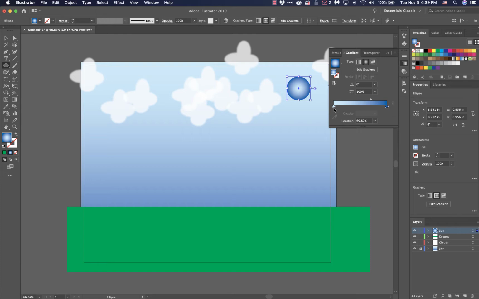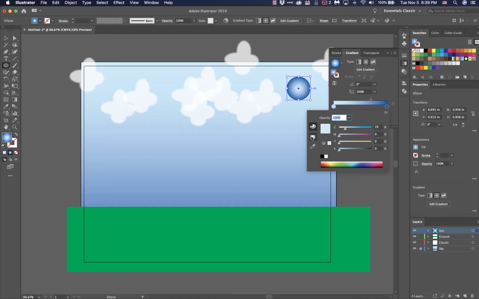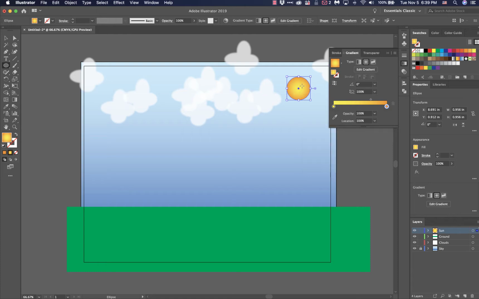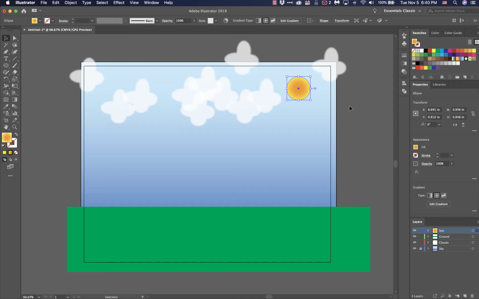And then of course I'm going to change my colors. So double clicking on a lighter blue here, I'm going to change that to yellow. And I'm going to double click on the dark blue and change that to orange. All right. Now if I want to swap the yellow and the orange positions, all I got to do is slide the yellow this way and slide the orange this way, and that automatically swaps the color positions. And of course I can always change the middle slider to expose more orange or less orange, right? So right there I have my sun,